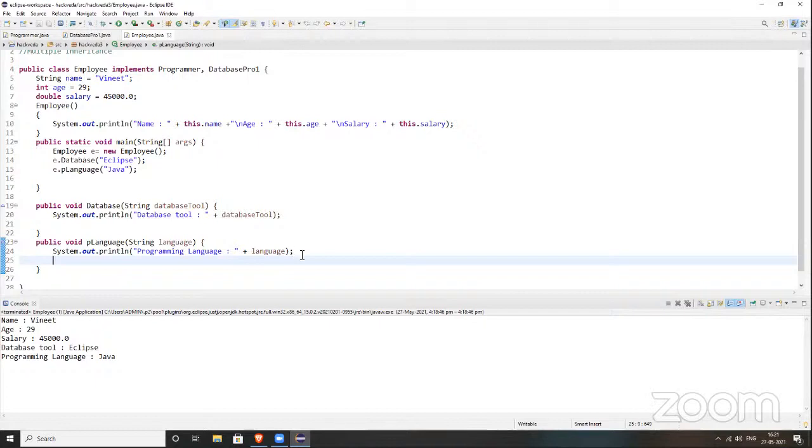Do you want me to try again with that hierarchical inheritance? If you want to try, you can try it. Or are you confident enough that you can do it? In that case, your task will become easier. You just need to create one class and extend the same class. So I think you can do that one. But if you want to try, that will be great. Yes, just try it.